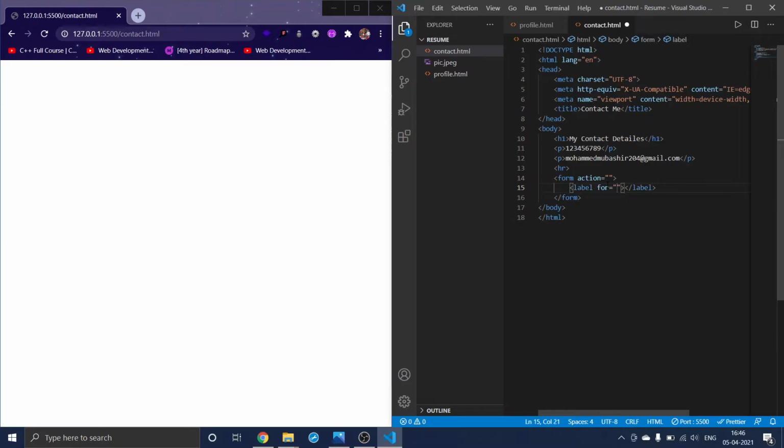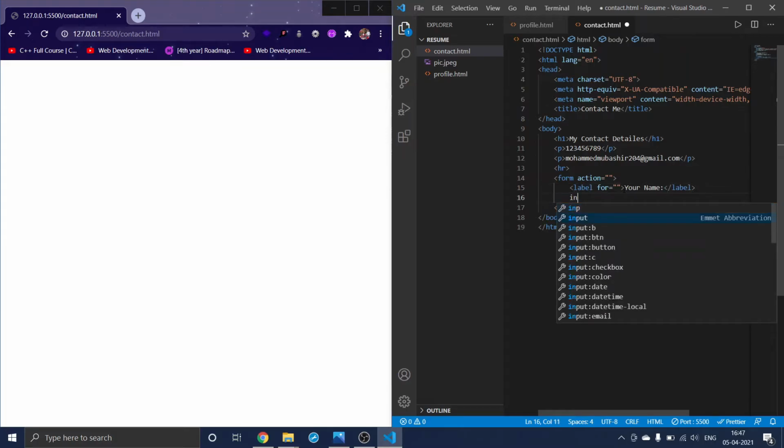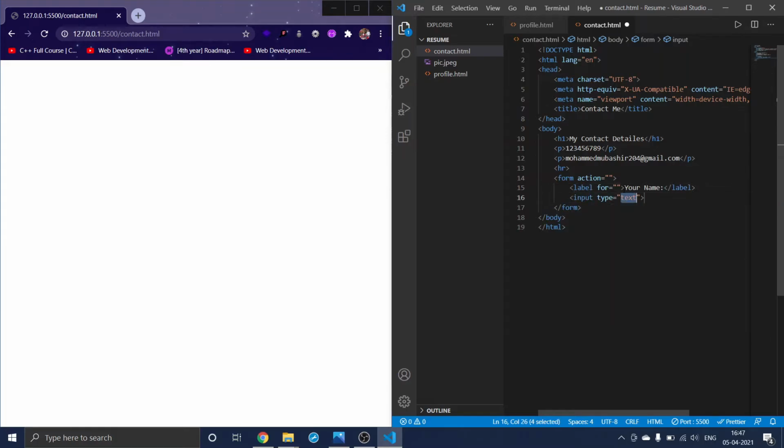In label, we have an attribute which is called for, leave that for now. And in the label, we'll give something like your name, right? And in that I will give an input, which is of type text, and I'll give an id which says name.